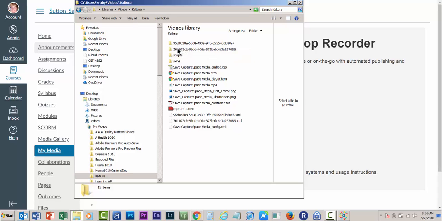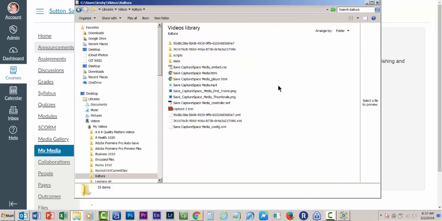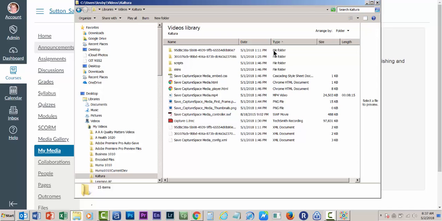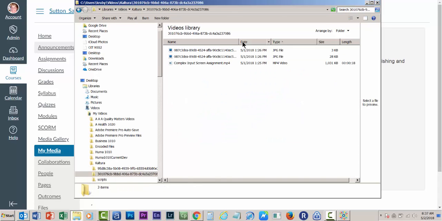Now these folders with all the numbers on them, that is the recordings as they're made. If you've made a lot of recordings, you could have 50 or more of these. That's confusing because you can't figure out what's what. So I taught them to go to details and look at the date and timestamp. For example, the one that I wanted to use yesterday was made on May the 1st. It was around 1:25 p.m. So if you open that, you'll see